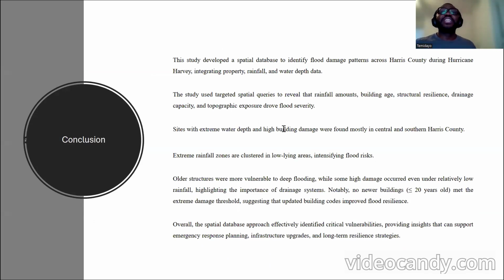In conclusion, we found out that sites with extreme water depth and high building damage were found mostly in central and southern Harris County. Extreme rainfall zones are clustered in areas with lower digital elevation numbers, which will of course intensify the risk of floods. We also found out that older structures were more vulnerable to deep flooding, while some high damage occurred even under relatively low rainfall, highlighting the importance of drainage systems. Notably, no newer buildings met the extreme damage threshold, suggesting that updated building codes improve flood resilience. Overall, the spatial database approach effectively identified critical vulnerabilities, providing insight that supports emergency response planning, infrastructure upgrades, and long-term